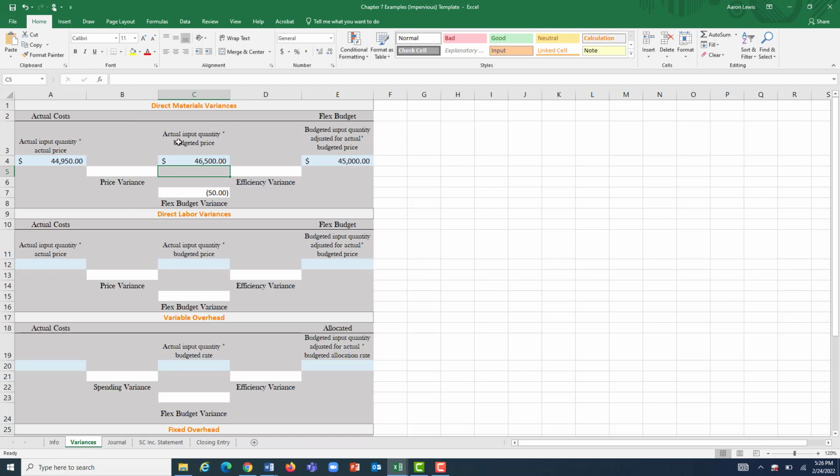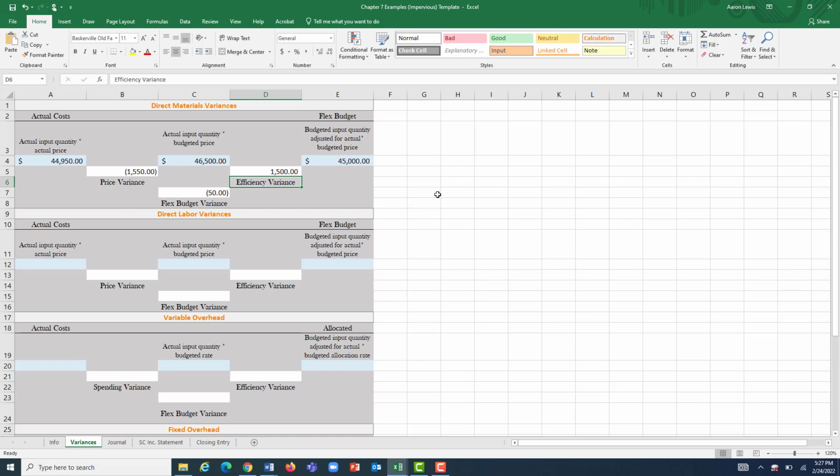And now, since both of these sides are comparing actual input quantity, we're just analyzing the difference between our actual price and our budgeted price. Since both of these sides are using our budgeted price, the efficiency variance is analyzing only the difference in the actual quantity versus what should have been in terms of how much material we used. And now I can find my variances by subtracting the right number from the left number. So 44,950 minus 46,500 is a negative of 1,550 bucks. 46,500 minus the 45,000 that we had in our flex budget gives us an efficiency variance of